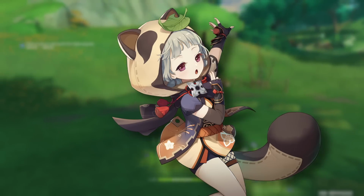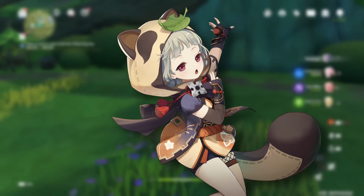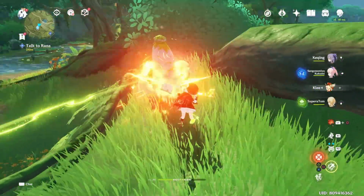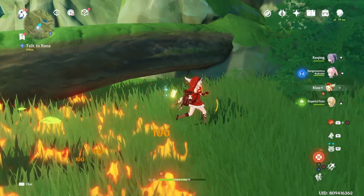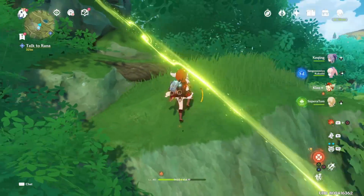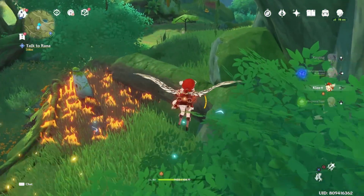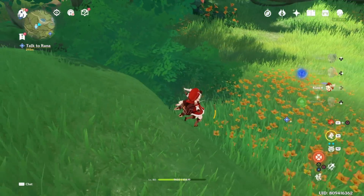And then of course there's also Cyno, who helps us with healing. She is a pretty good character once you know how to use her really well, because she can do everything that an Anemo support character can in terms of 4-piece Viridescent, helping your team swirl the element plus healing your team. And her rolling E skill is just so cute and fun at the same time. Her potential also becomes a lot better with constellations unlocked, so having Cyno back on the banner is also pretty